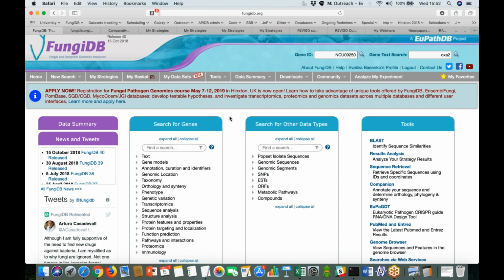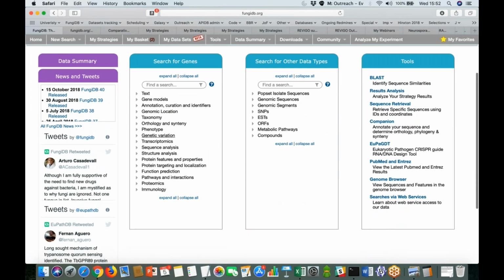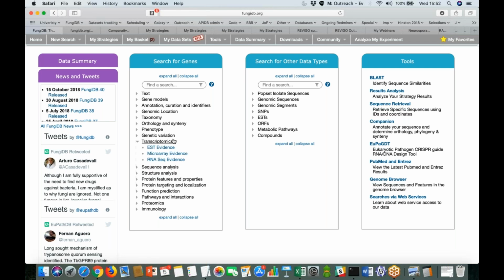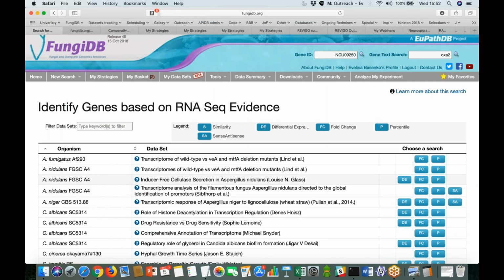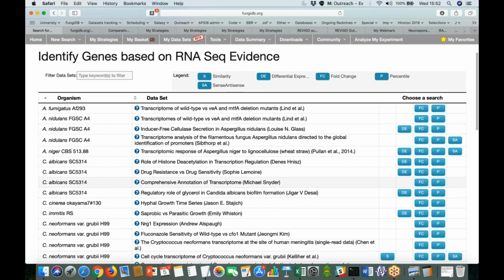If you are navigating to the search from the main page, the transcriptomics menu is located within the search for genes box, as we have shown before, and I would be interested in creating a search using the RNA-Seq evidence. By clicking on the transcriptomics menu, the menu expands and provides an option to select an RNA-Seq evidence submenu. When you click on the RNA-Seq evidence submenu, it will take you to a new page, which is an interactive table